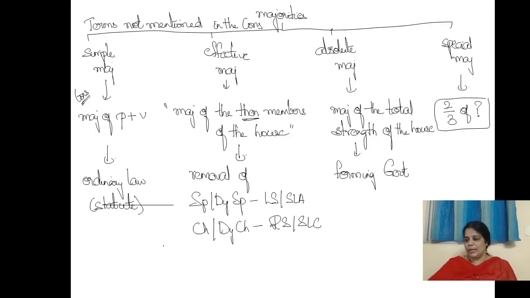I hope this video gave you clarity on the types of majorities. This is very, very important to understand how Parliament works, and the Constitution very clearly specifies which majority will be used for what purposes. Whenever you come across terms like resolution must be passed, unless mentioned, it is simple majority. Whenever you come across a term like ratification, it is simple majority.